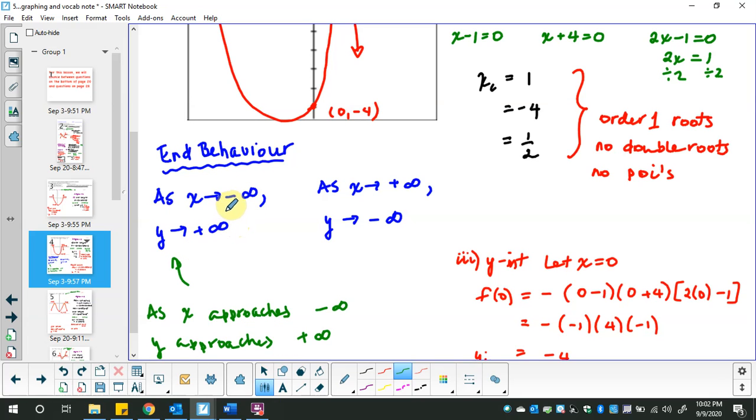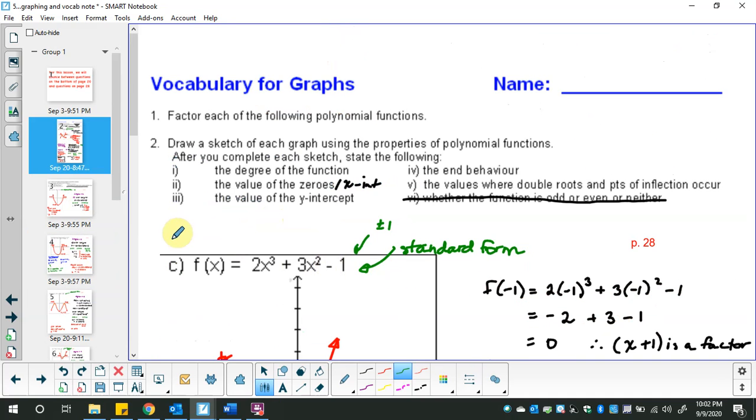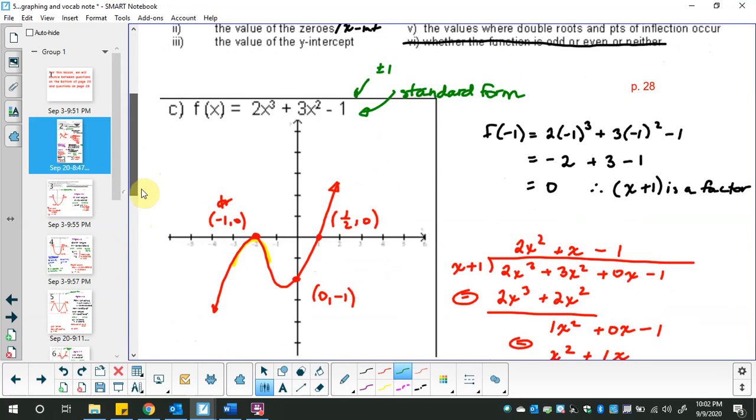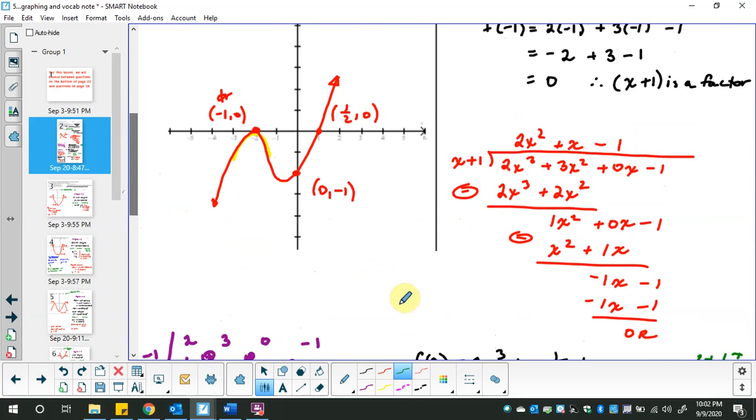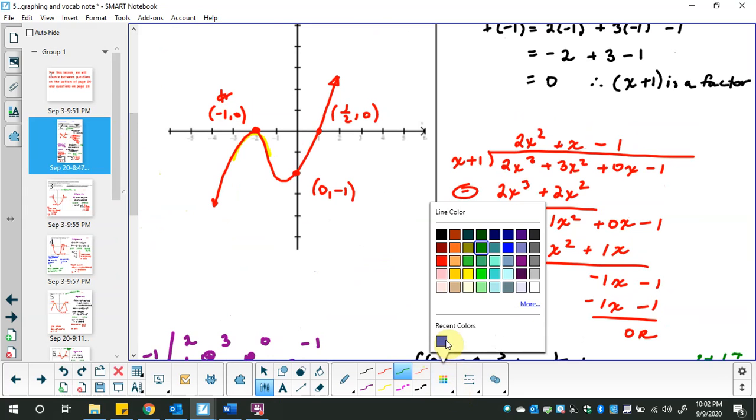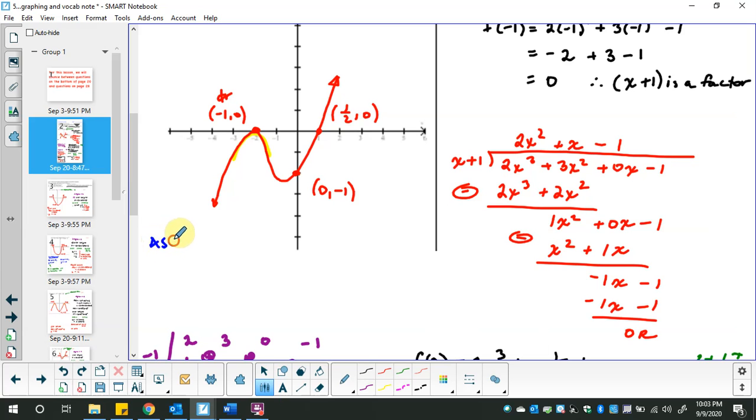So what I'm going to do is flip back to the first picture and see if I can squeeze in end behavior. Now I'm going to keep it in blue because I think it stands out because I haven't used blue anywhere else. So I'm not even going to label it end behavior. I'm just going to say as x approaches negative infinity on the left, as x approaches positive infinity on the right, y